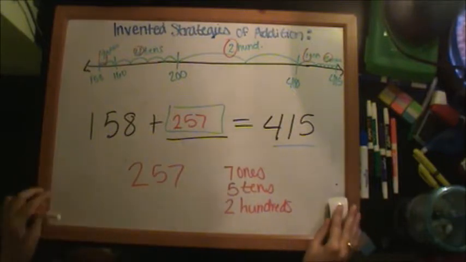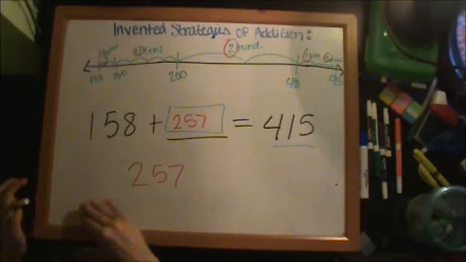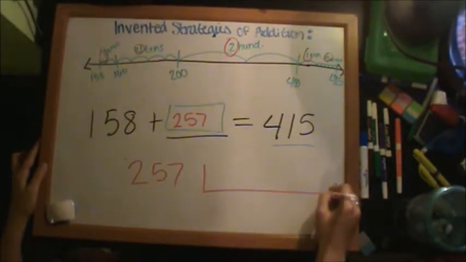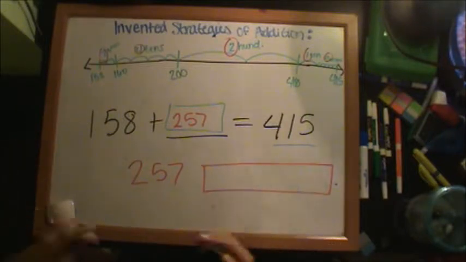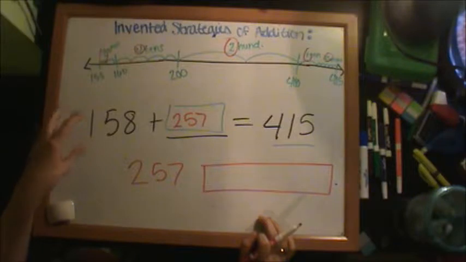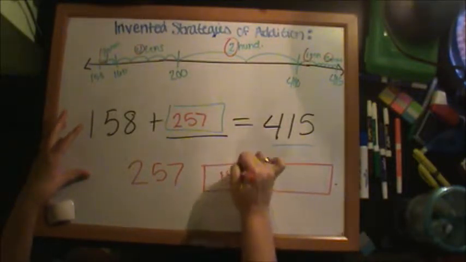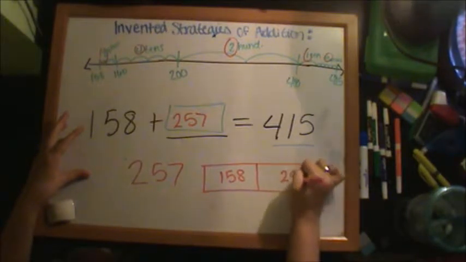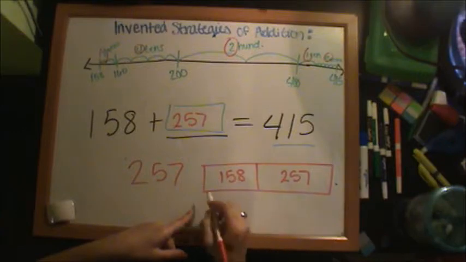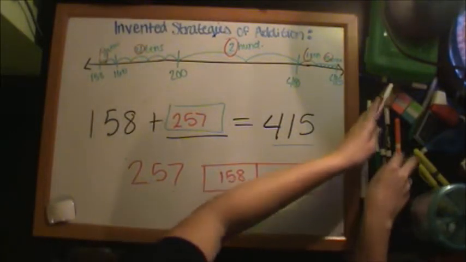Now this is also when I like to do a tape diagram. I showed those in the standard algorithm video. Like I said, they didn't really help me so much. I don't remember a teacher ever showing them to me. But I love that it shows. So this is going to be 158. And this is 257. So when you do this, it's showing them that this number plus this number is going to give you a total